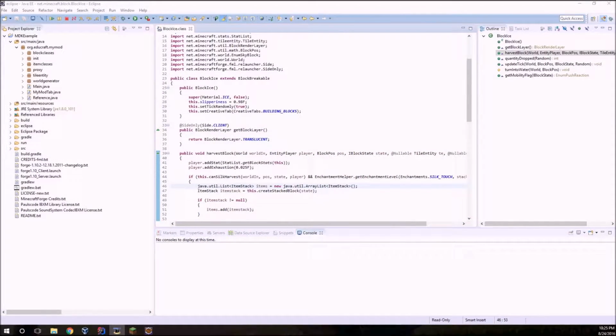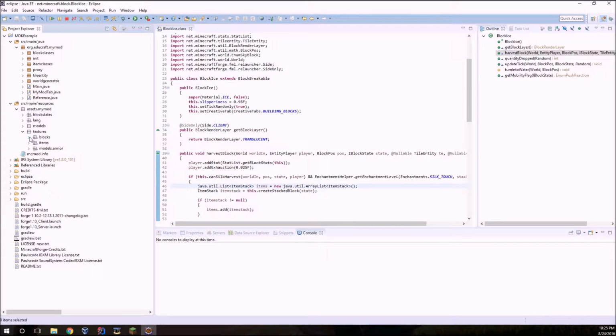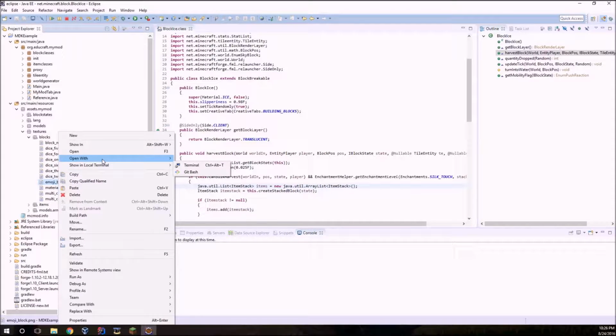First we're going to create our new class. I want my block to have little emoji faces, so I'm going to show you my resources. I've already made my texture, and it's in my textures under blocks, and it's called emoji block. I'm going to open